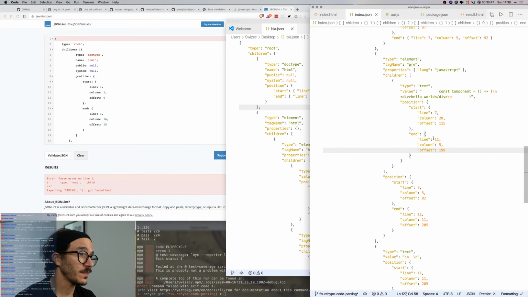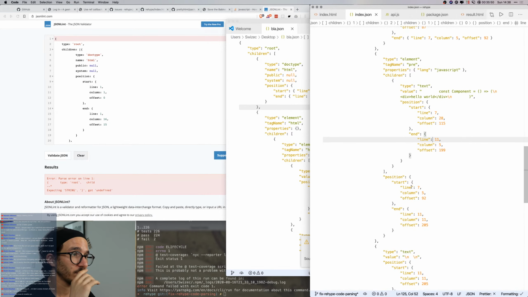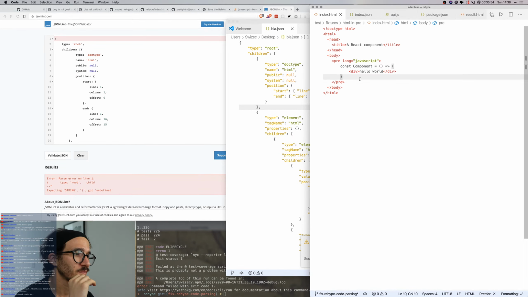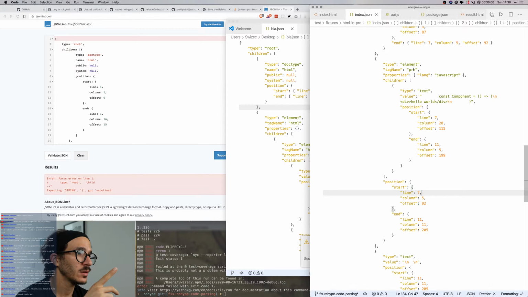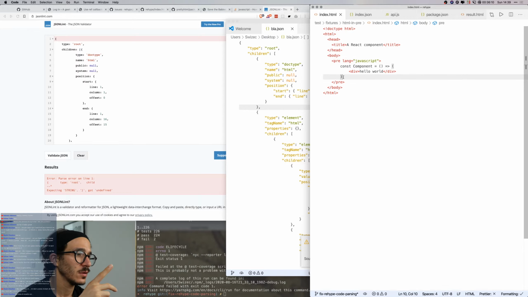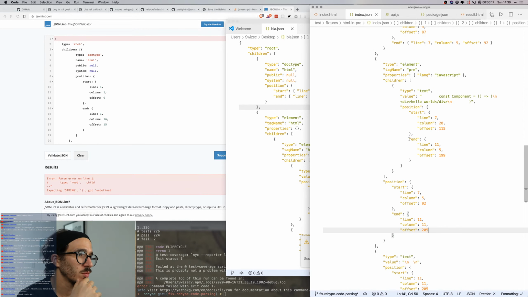So we take that. We've now told it line 7. What is on line 7? So we now have a pre. It has type text, and then we have this pre that ends on offset 205 on column 11. So line 11, column 10. Okay, that should be fine now.